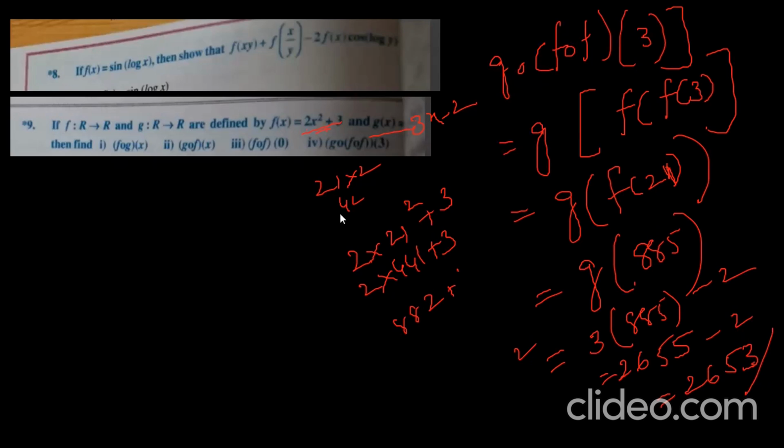Very good. Let us go to the next one. Look at the next question. f of x is equal to kx by x plus 1, x not equal to minus 1. Given that f circle f of x is equal to x, it is given. What is given? You see,